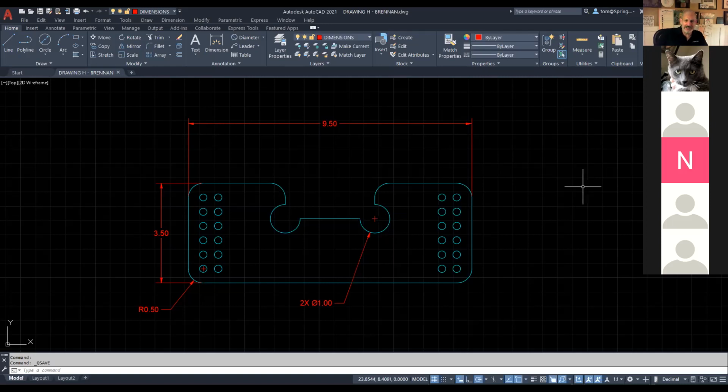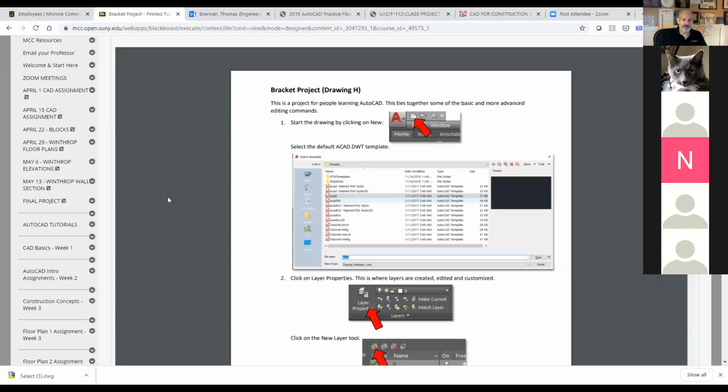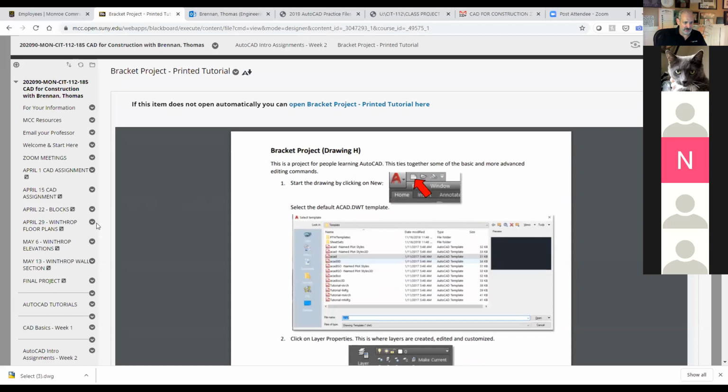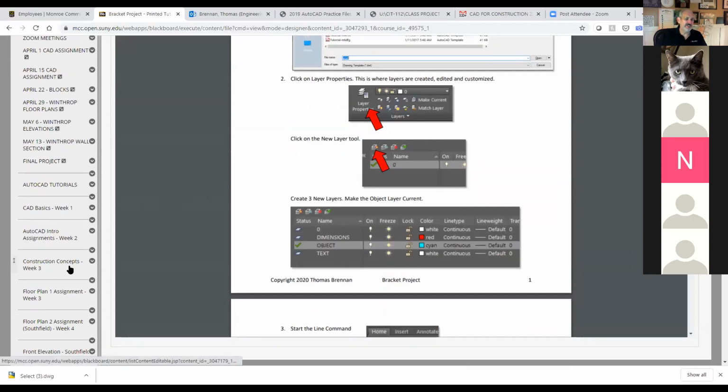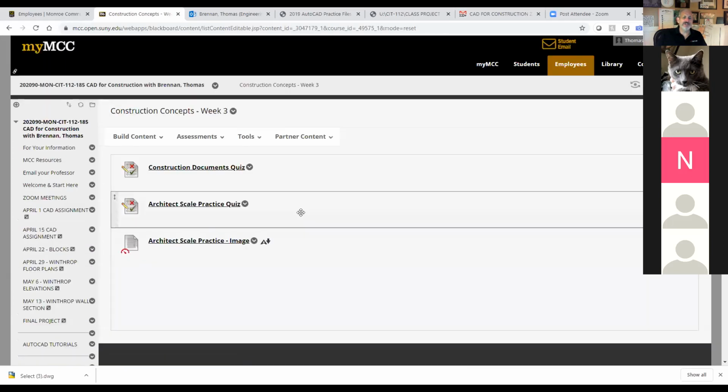So now that we have this, we're going to work on the next thing. Let me go back to our assignments, and I'm going to go back out to here. Okay, and back out to here, I showed you this. We went through this bracket tutorial. And I'm going to continue on here to construction concepts, which is week 3. Now, week 3 right here, I'm not going to get into this tonight. And frankly, I can't really get into the blueprint